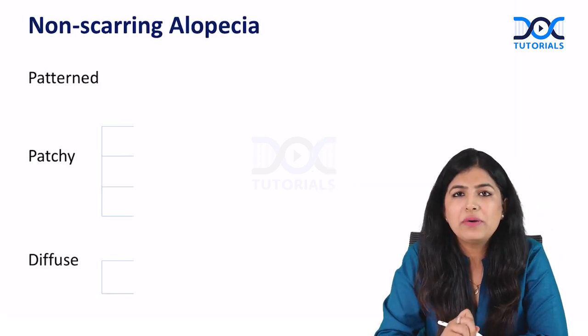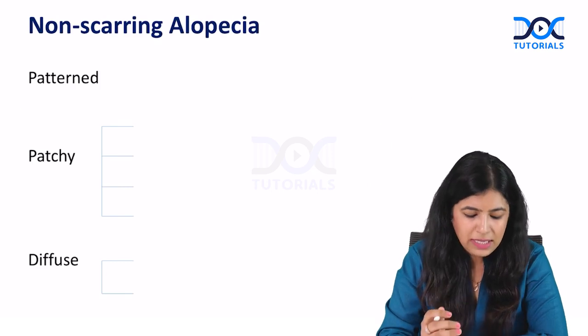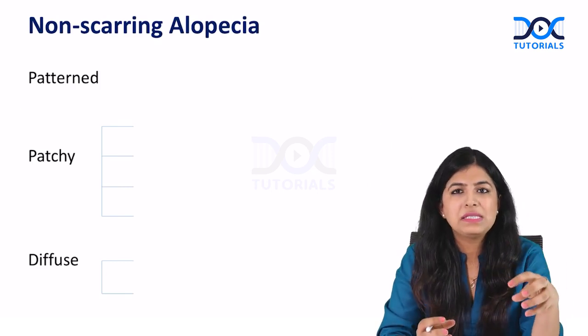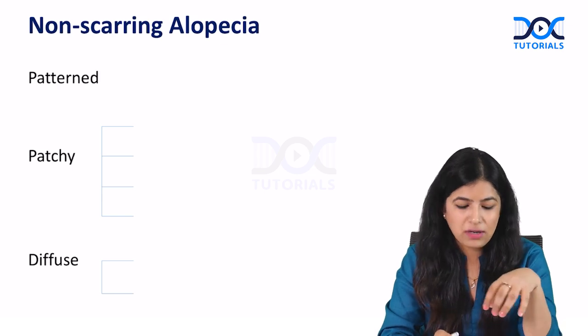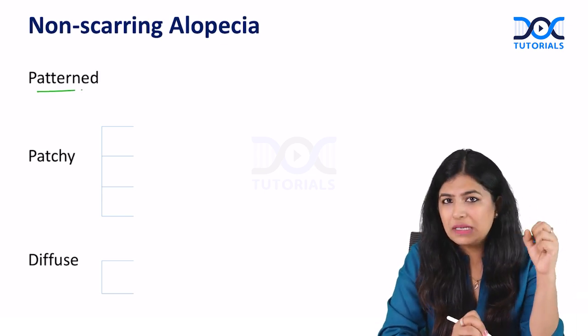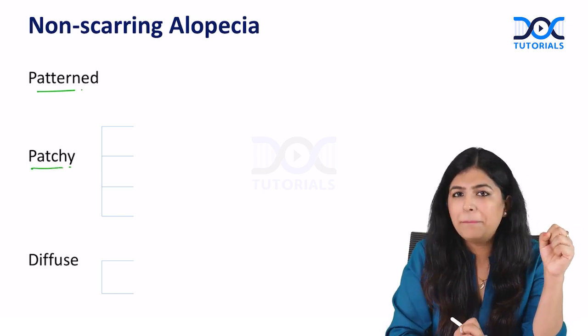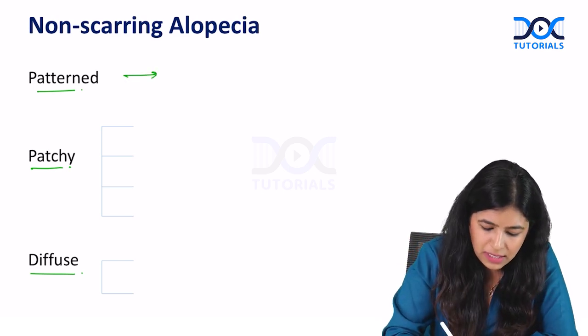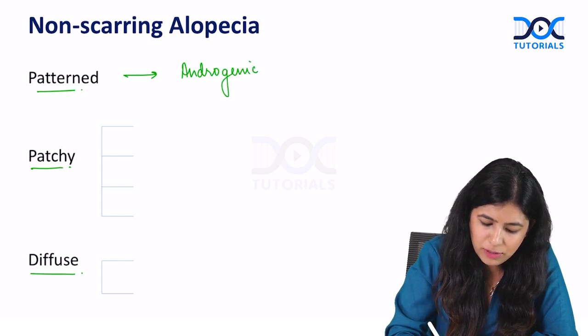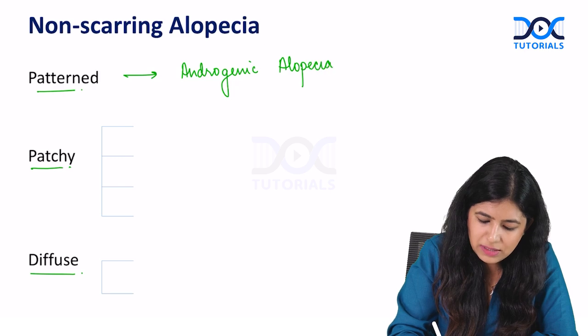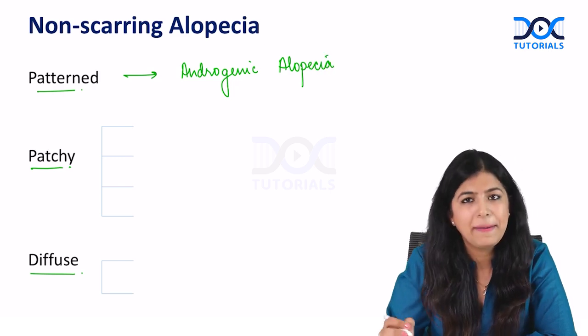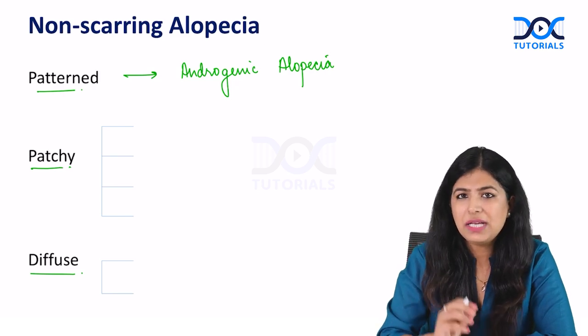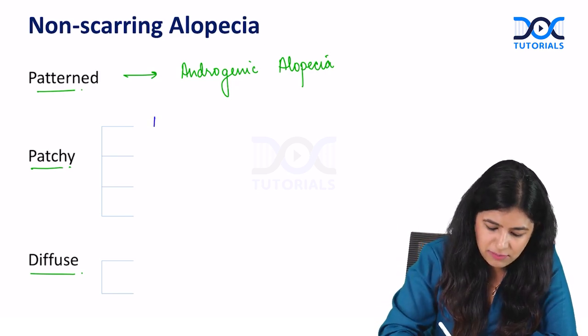So these two differences between scarring and non-scarring alopecia should be clear. Now, talking about the different types of non-scarring alopecia, here we can classify them based upon the pattern of the hair loss. If it is a patterned hair loss, or a patchy hair loss, or a diffuse hair loss. So in patterned hair loss, we have androgenic alopecia. So here the hair loss is in a specific pattern. And then we have the patchy, in which there may be patches of hair loss. We have alopecia areata,